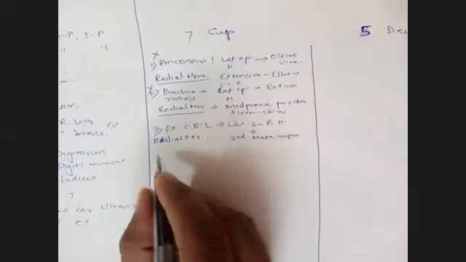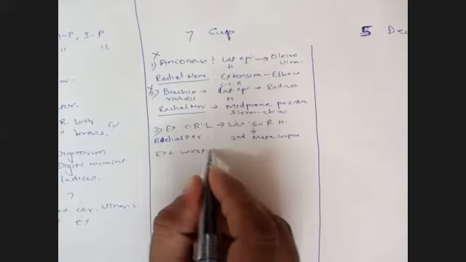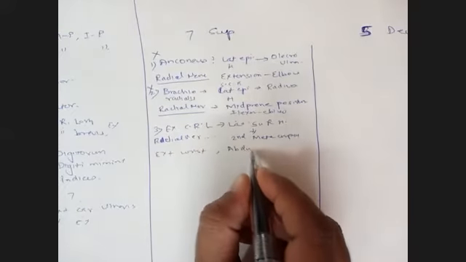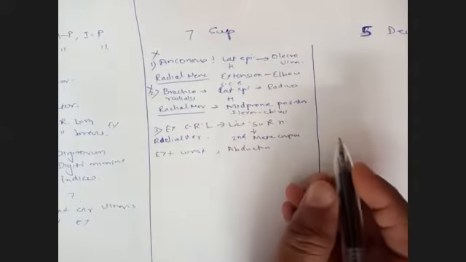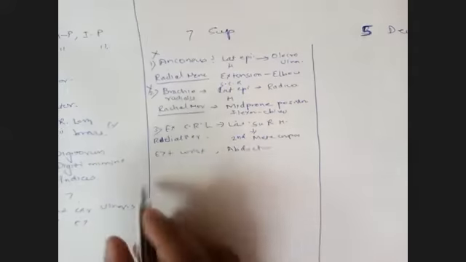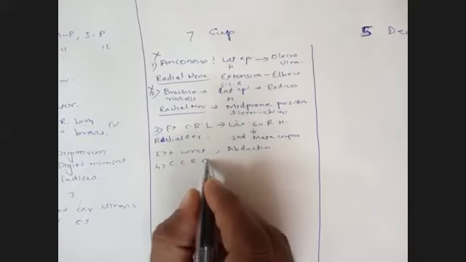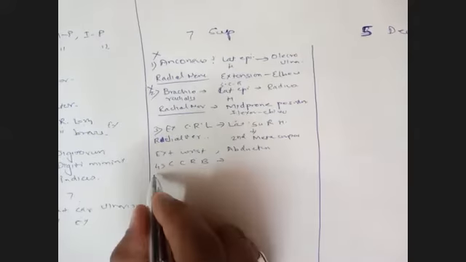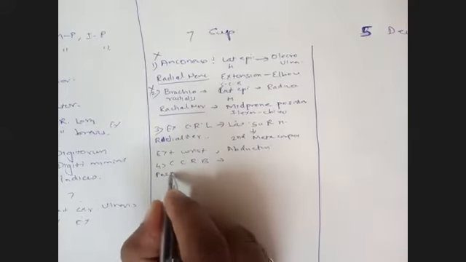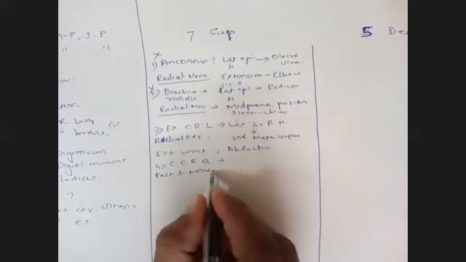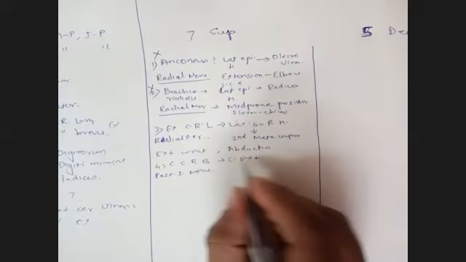As the name suggests, its actions will be extension of the wrist, okay, and also abduction. So being on the radial side, it will cause abduction and extension of the wrist. Okay. Similarly, there will be extensor carpi radialis brevis. Now, this is supplied by the posterior interosseous nerve. Okay.